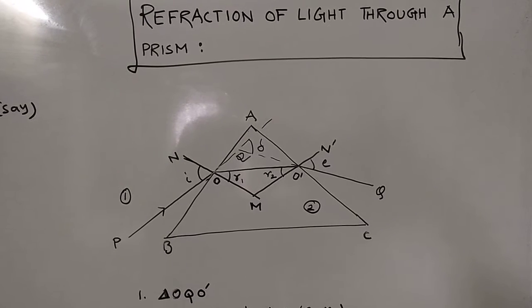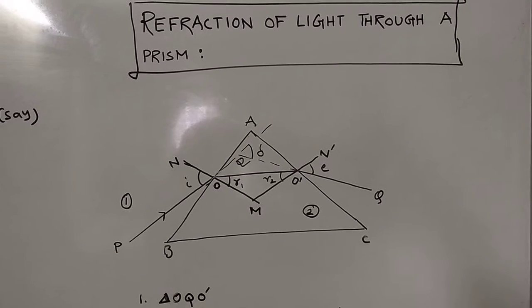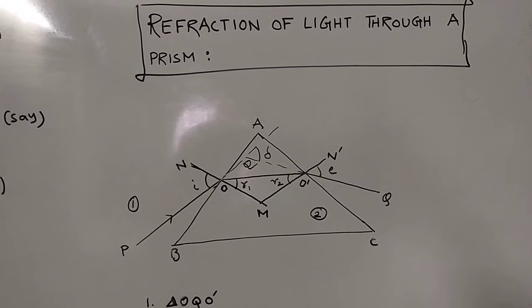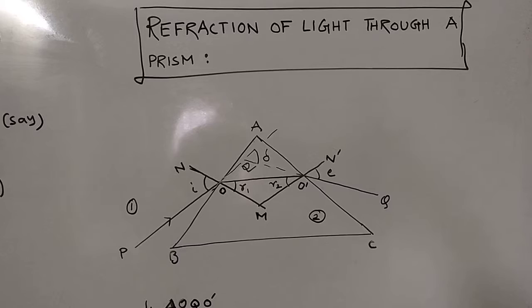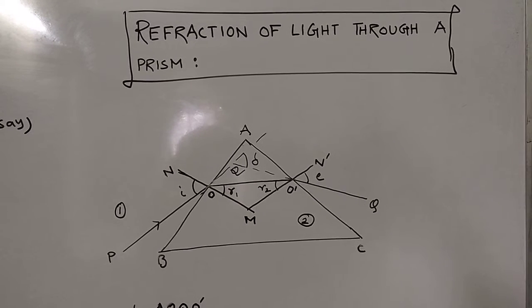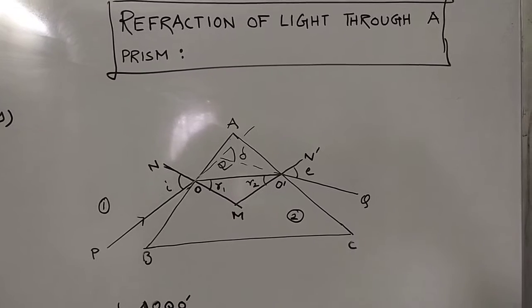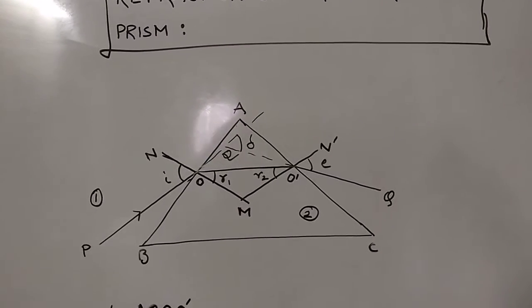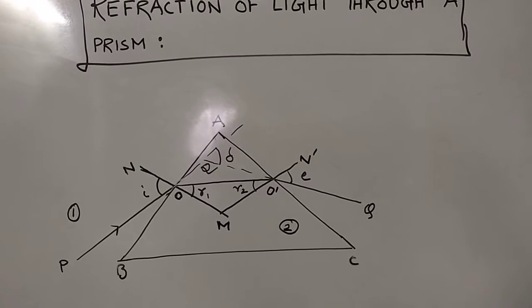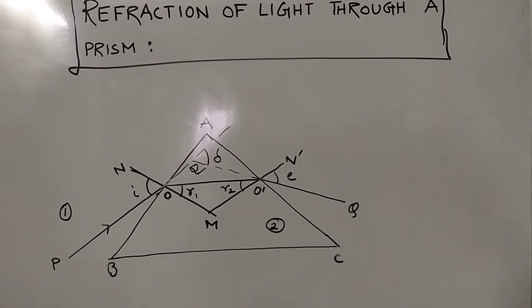Its front face is triangular in shape, but the left side and right side are rectangular shaped. Now we are considering the front face of the prism. In the diagram, a ray is incident on the edge AB of the front face of the prism with an